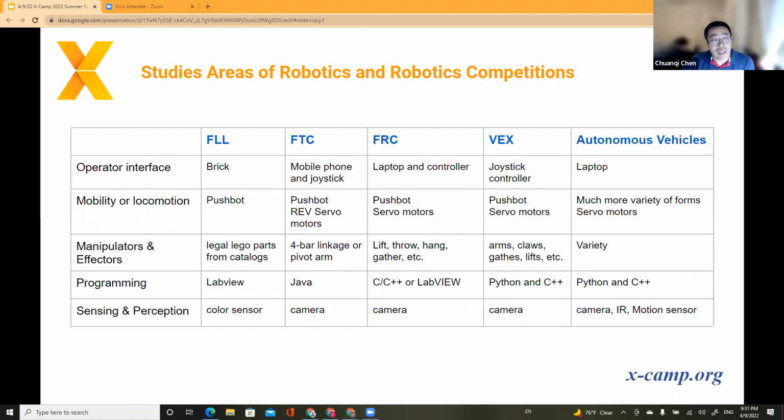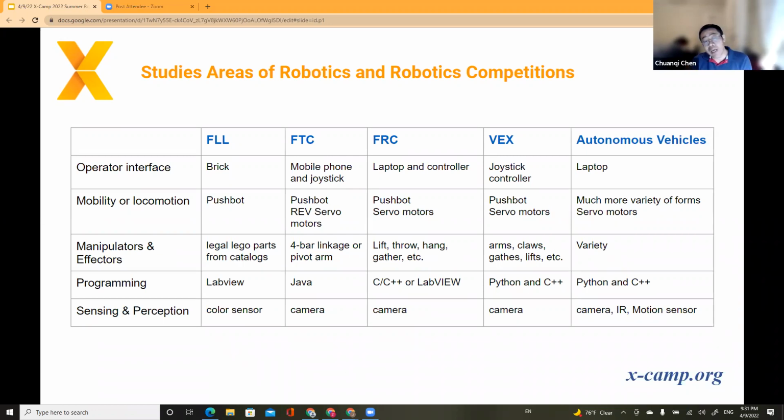So when you look at this slide, even though there are so many different robotics competitions, the fundamentals of how you design a robot are common. What we'd like to teach the students is how you do the UI, how to interface with the robot, how to design the mechanical parts of different robots, how to design the pushbot, right? And how do you program? How do you read the sensor, read the input, and control the motor? So there are some common topics we want to cover, and also some things unique to each competition.